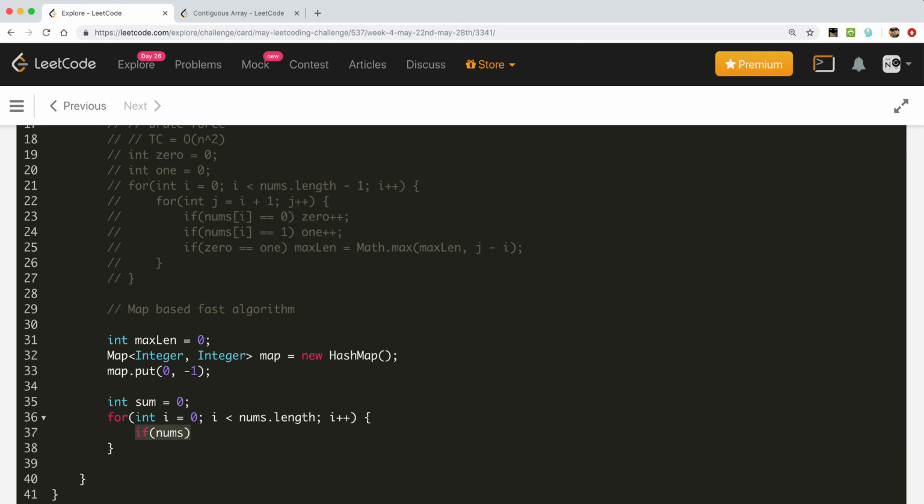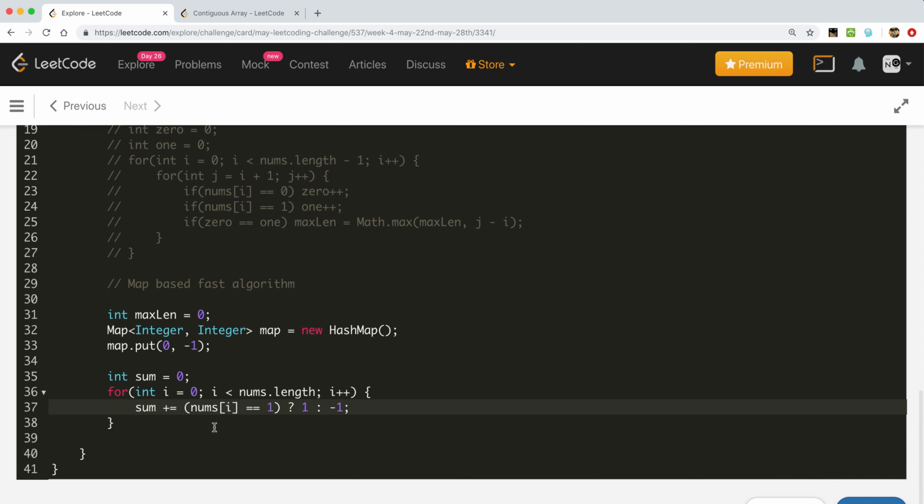Let's use the ternary operator here. Sum is equal to sum plus, if nums[i] is equal to 1 then 1, otherwise -1, like treating 0 as -1. So that will add -1 to the sum.